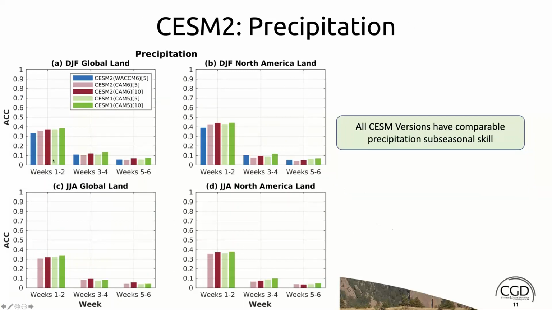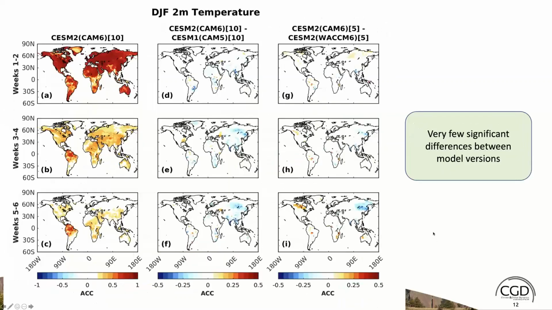Obviously, the skill in precipitation overall is much lower than for surface temperature, and especially in June, July, August, where the skill is often below 0.1, meaning there's really no skill in precipitation in the summer season in North America, or even over global land. But it is very consistent with all the other models, the NOAA model, ECMWF, etc. These numbers are not any lower.